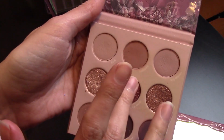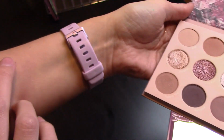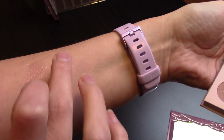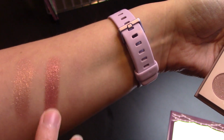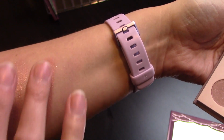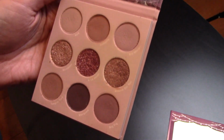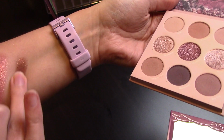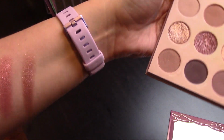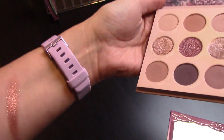A la Mode. Okay, this one. Yeah, it's very sort of crumbly and dry, and I don't like it that much. It does go on nicer here, but I can even feel it. It feels sort of gritty as I'm dragging it across my skin, whereas this one feels smooth. And then Mauve on top is... This one is actually okay. I like that one. So it's mostly just this middle one that I want to get rid of,